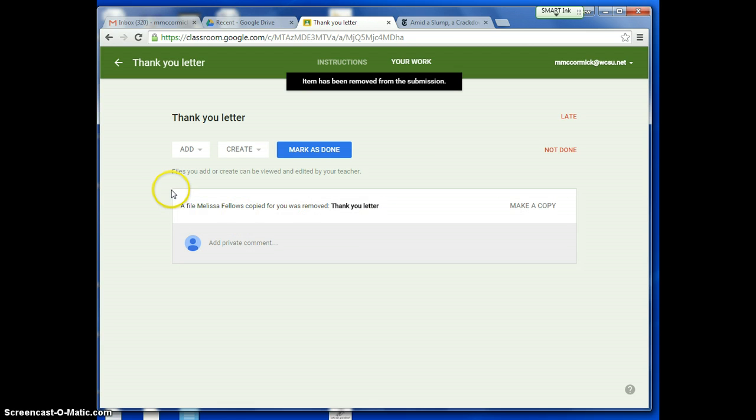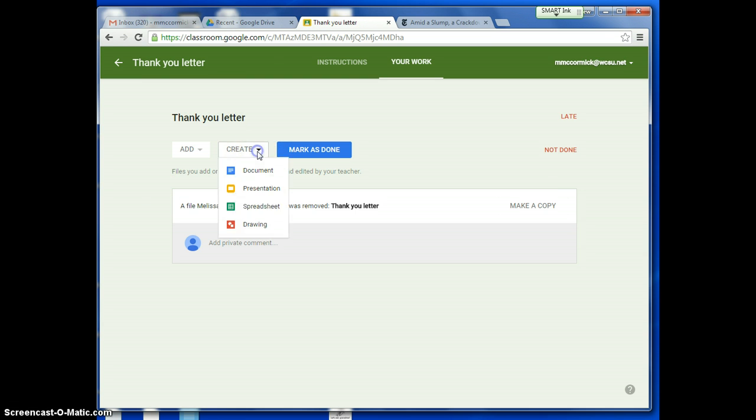There's one other feature of Google Classroom that I want to show you here, and that is before you start an assignment, sometimes I don't create a document for you. So for instance, this thank you letter, there's no document created for you. But you can create a document. So you can click on this Create button, and then it allows you to create any one of these Google applications. So let's say I wanted you to make a presentation for me, and I hadn't included a template in there. What you would do is click Create, Presentation,